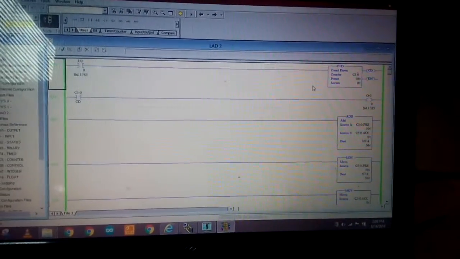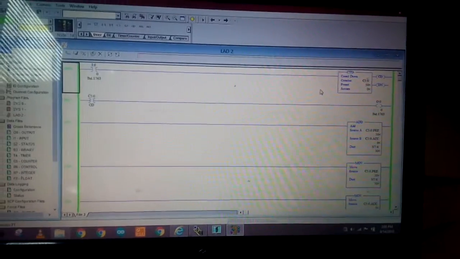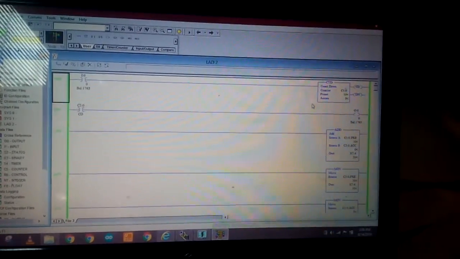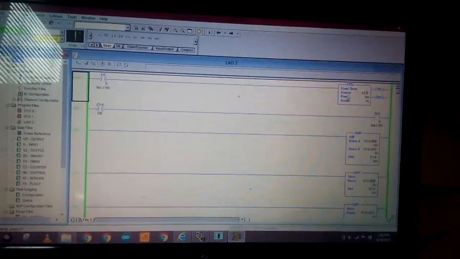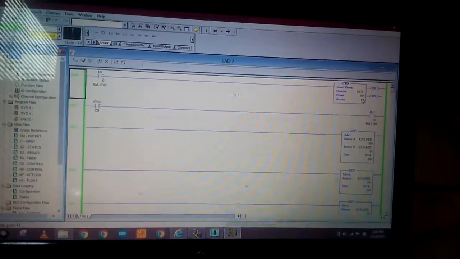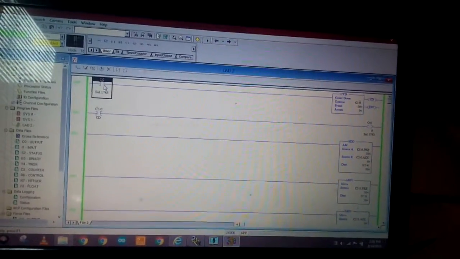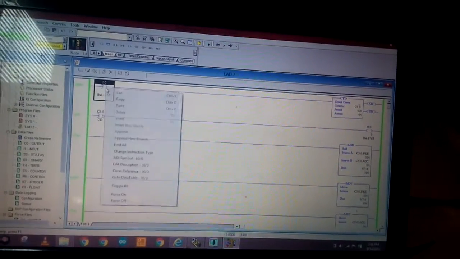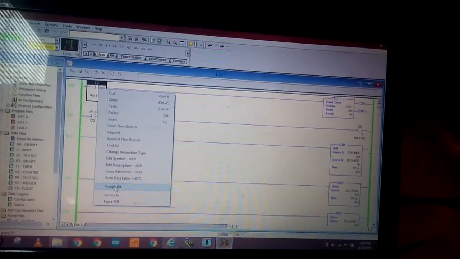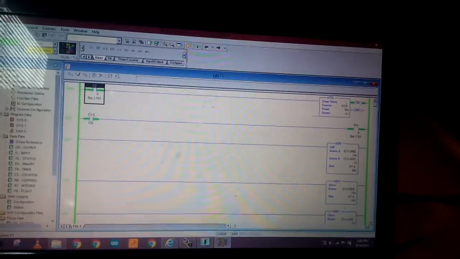First of all, I had set the number of pallets that are going to be scanned, and it is stored in the counter address. We see here I have assigned 50 pallets. Now I toggle the bits so that it would go on the scan. After I toggle the bit, we see